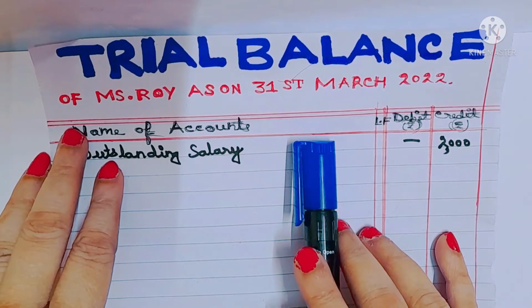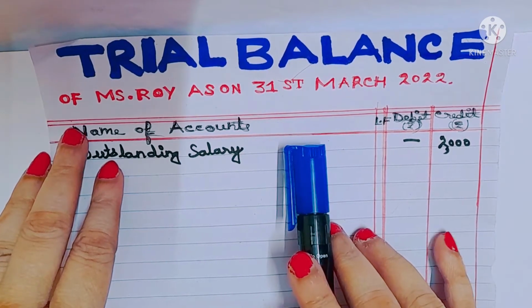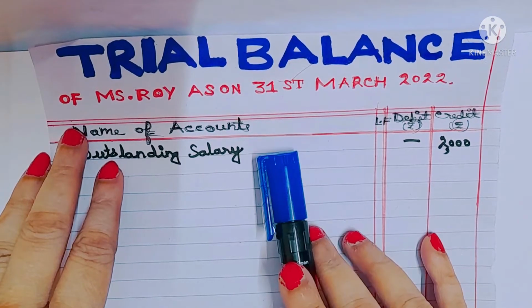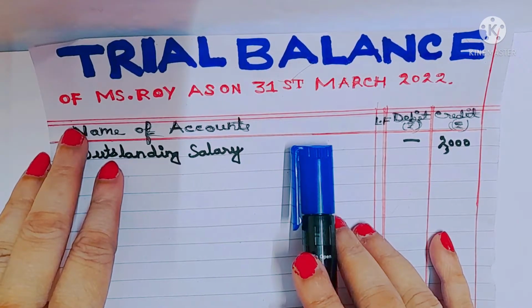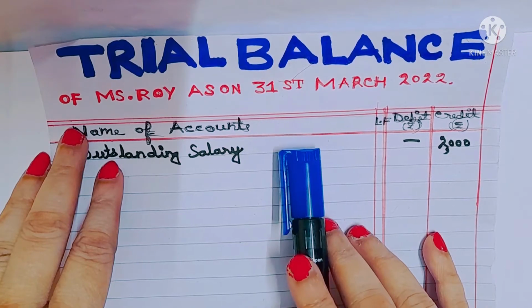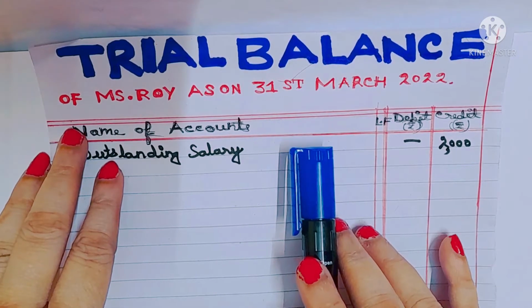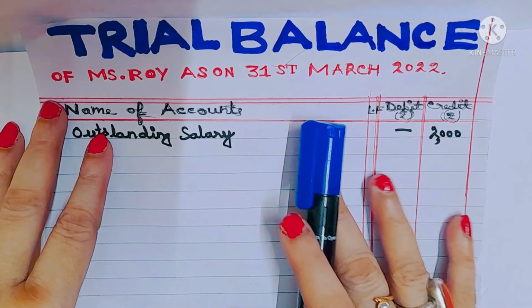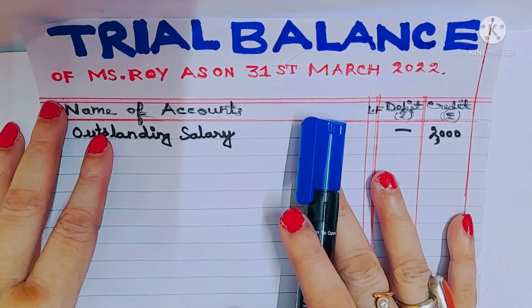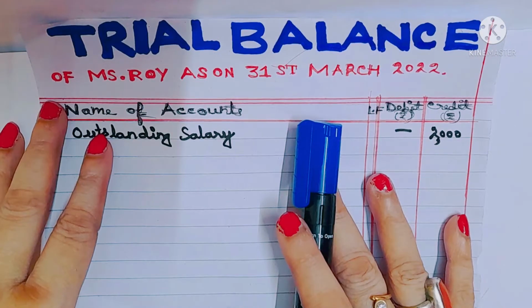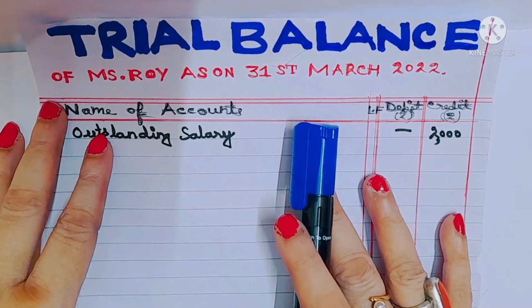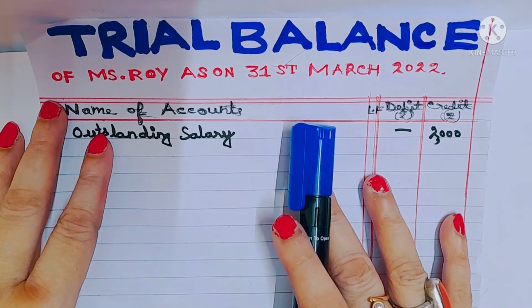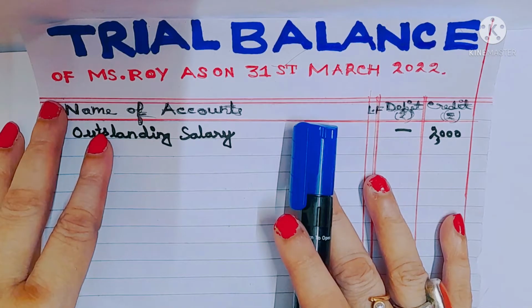So outstanding salary is the receiving of the benefit already, yet not paid for the received benefit. Moreover, outstanding salary is a liability. For example, the employees of a company have given the company the service the company needs, but for 2 months the company did not pay the employees for their services. This is known as an outstanding salary.